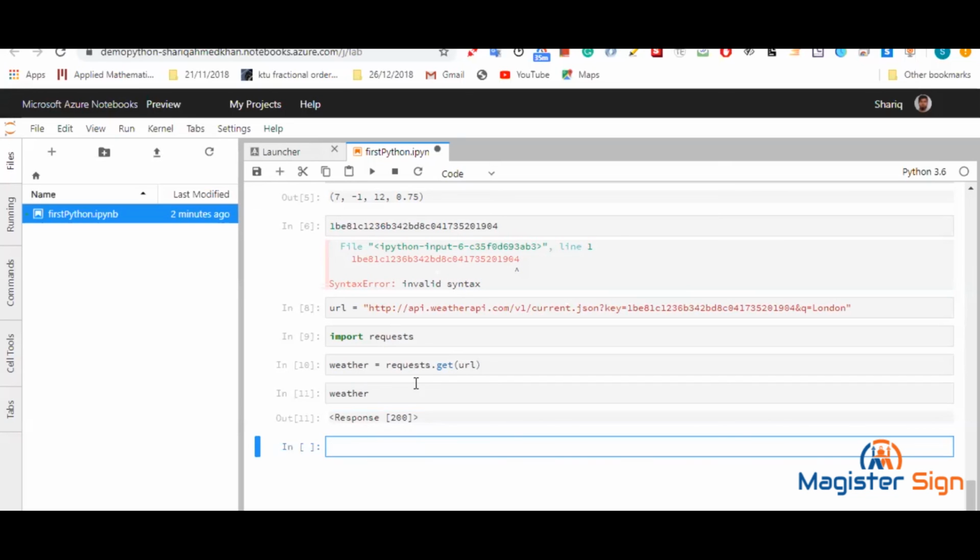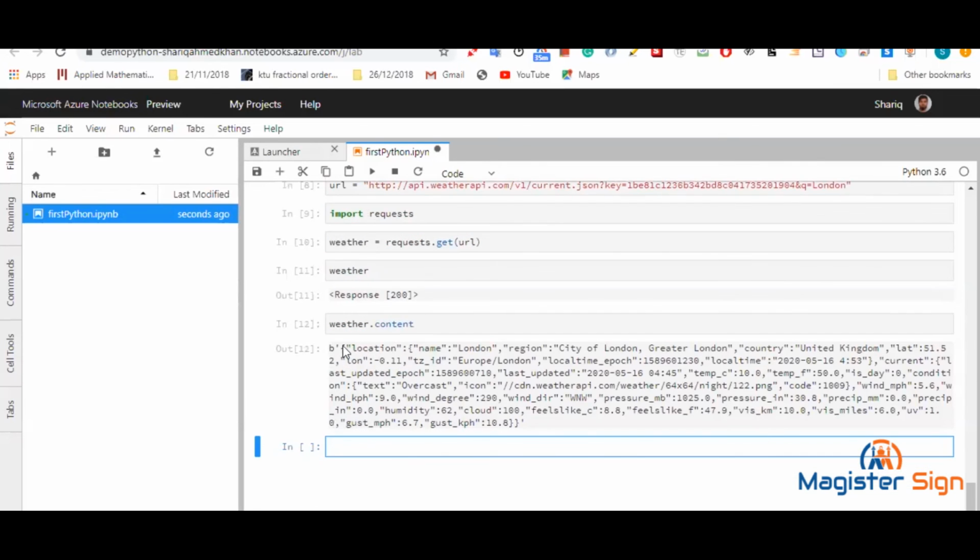So in order to get the content of what we have returned, since it returns a list of things, one of which is your response code, I'm going to write weather.content. If I return that, you can see you have the byte format, location. In that location, you have name London, region City of London, Greater London, country United Kingdom, latitude, longitude, and Europe and all the time zones. Now you have the temperature in Celsius as 10 degrees Celsius, so the live temperature, let's just go online